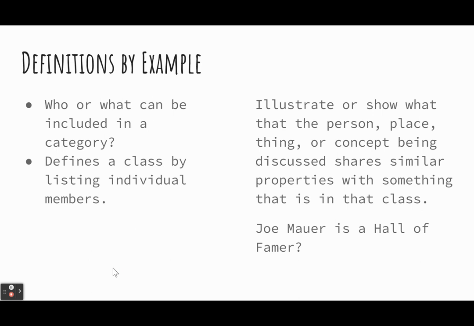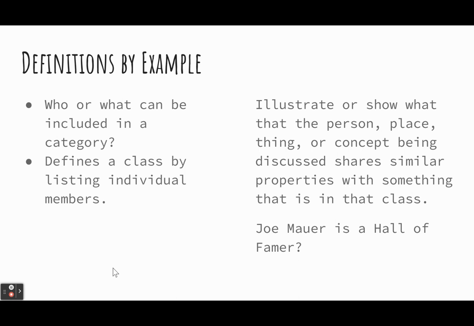We can give examples. For baseball, Hall of Fame. Hall of Fame has all sorts of statistics. It has all sorts of qualities associated with it. There are members of the Hall of Fame now, and we compare, for example, Joe Mauer on the slide here with other players in the Hall of Fame. We compare them with catchers in the Hall of Fame. And then we try to illustrate how Joe Mauer